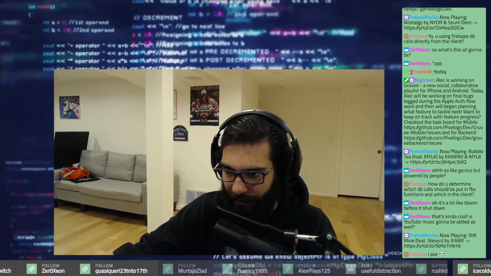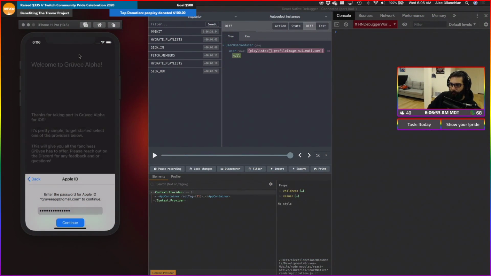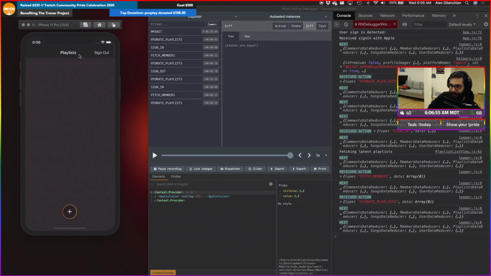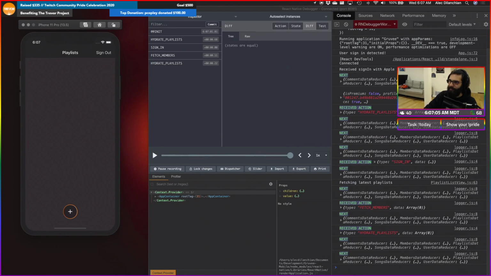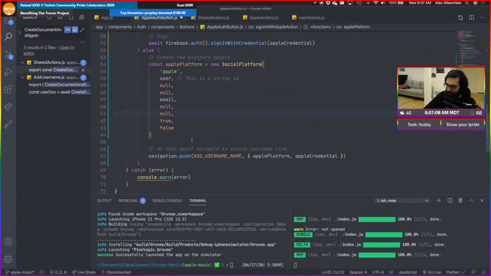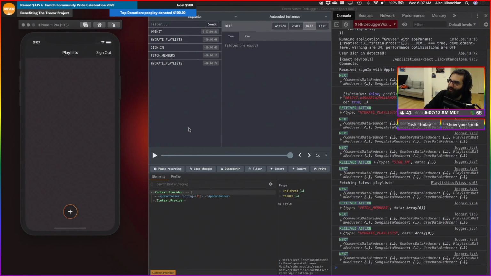And then I'm going to go back. Press continue. Once we sign in, it should sign us in. Yes, there we go. It pulled down our document and now we're good to go. And now if we refresh, it should automatically sign us back in. Hell yeah. Easy peasy lemon squeezy.